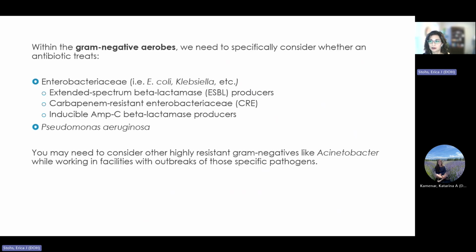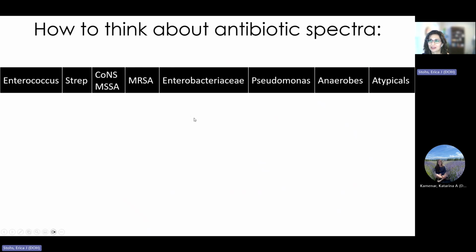The other important gram-negative aerobe we're going to mention is Pseudomonas. Pseudomonas aeruginosa is an important bacterial cause of very serious gram-negative infections. And so we'll discuss which drugs cover that organism in particular. And then you have probably, if you had any kind of outbreak or heard about outbreaks with a highly resistant gram-negative called Acinetobacter, that is called CRAB, that is also a gram-negative aerobe. We will not get into that one so much today.